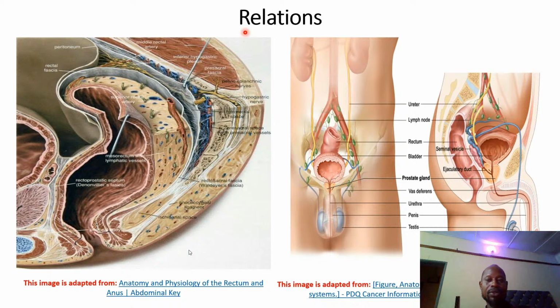All right. So we have the base of the bladder, or the most